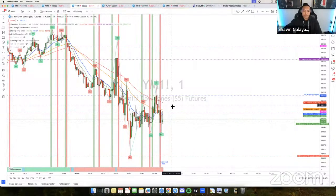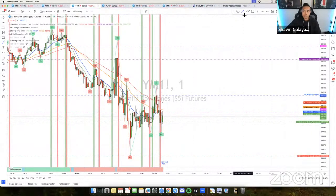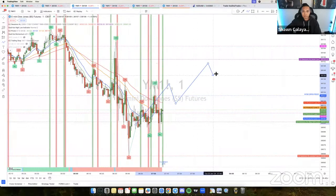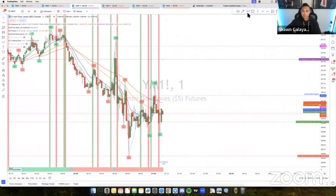So there's no entry here, guys. You guys can see there was a sell signal. There's no red candle after it, so there's no breakout V3 continuation. As you guys can see, price has pretty much been going back and forth right here. No direction and no entry. I'm waiting for price to either push above so I can start looking for some buys, or I'm looking for price to push below so that I can start looking for sells. It doesn't matter which direction price goes. I'm going to be trading in the direction of the trend,